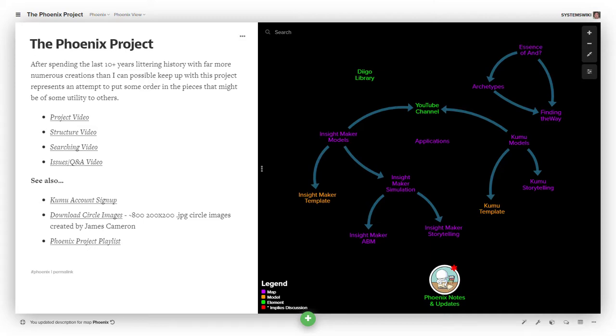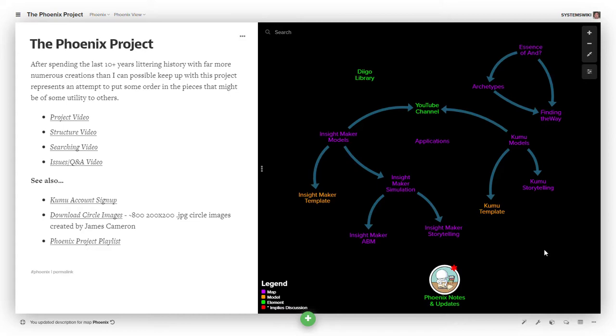So that all of the things that I have created, some of them are individual models, projects that tell a story about a set of relationships, and some things I've created are essentially learning modules that string together a whole set of models about Kumu or Insight Maker and how to do storytelling and the like. So this is the entry map for